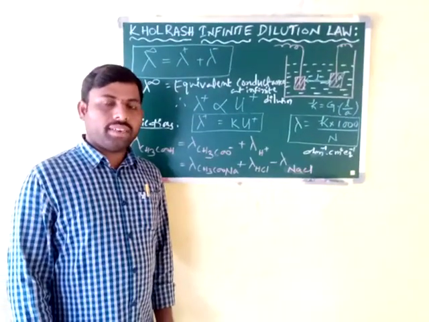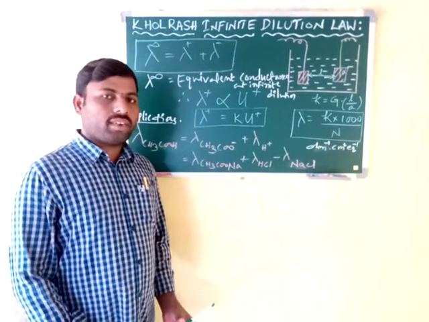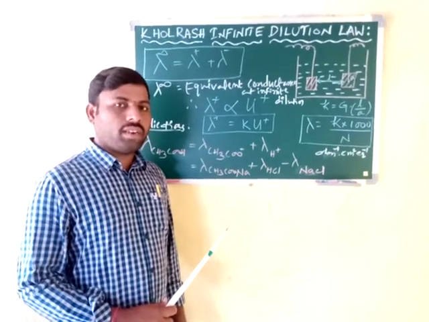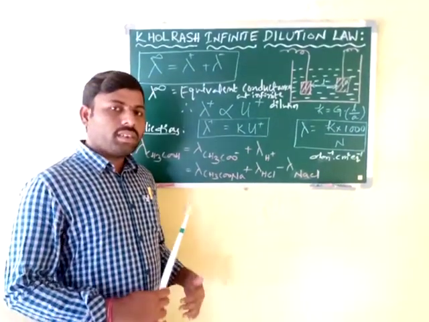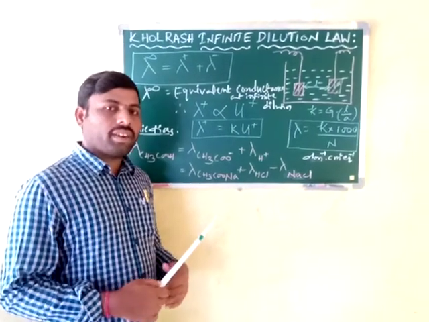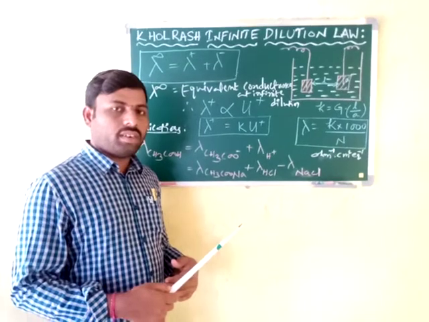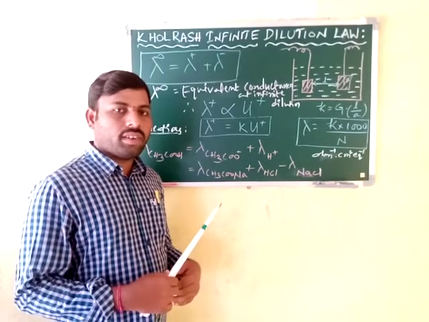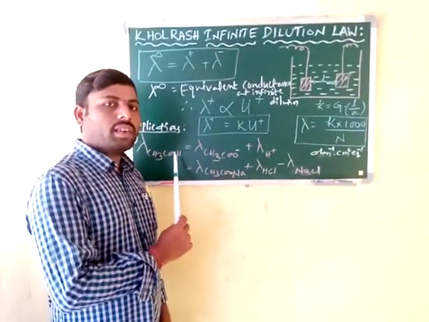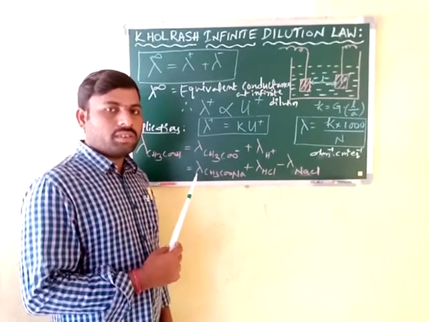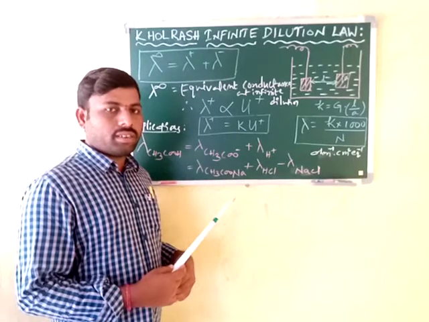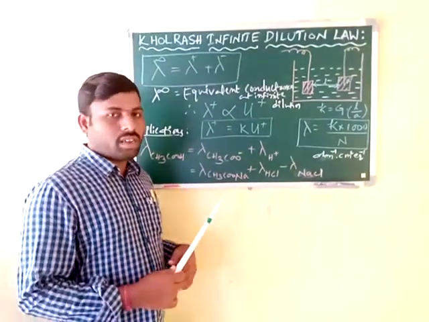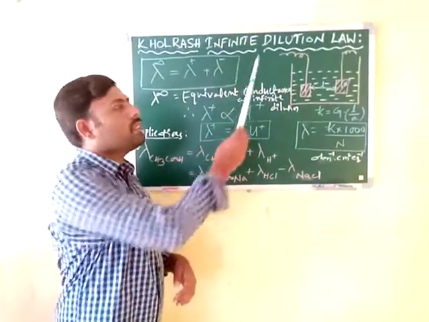Weak electrolytes like acetic acid and ammonium hydroxide have acetate ions, H plus ions, NH4 plus ammonium ions and OH minus ions. The equivalent conductance of these electrolytes we cannot find directly due to their solubility or ionization, so we use the equivalent conductance of their respective strong electrolytes. Strong electrolytes undergo 100% ionization and give accurate conductance, whereas weak electrolytes have insufficient solubility. That is why we mention infinity dilution.